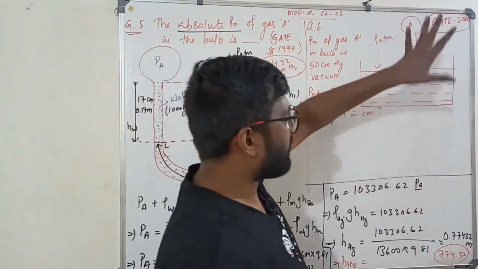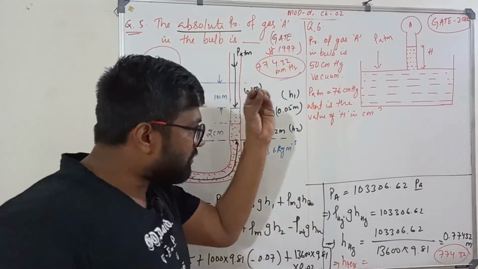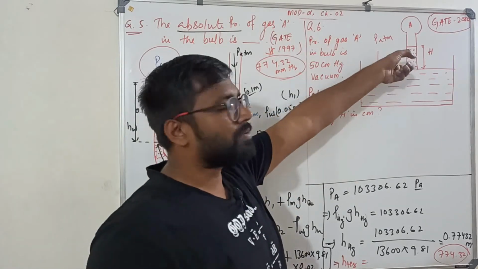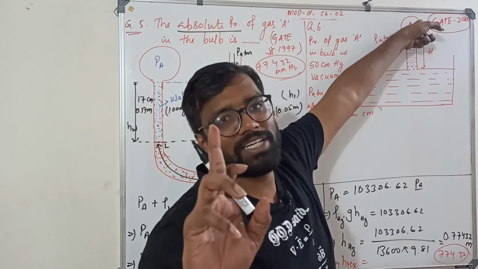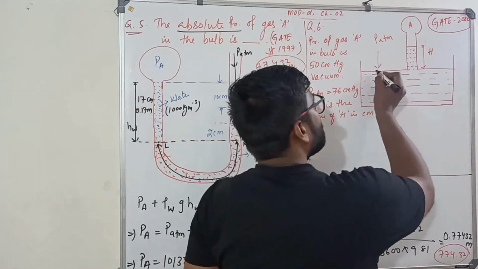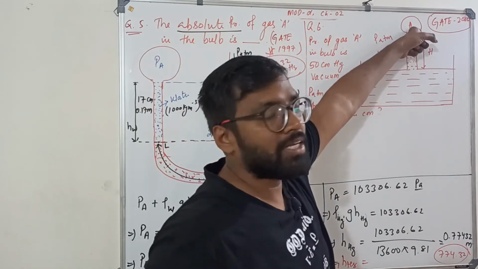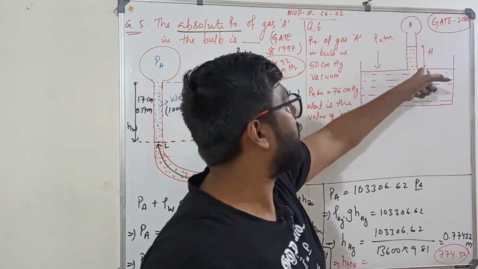Let us write the gauge equation. Without writing the gauge equation also, you can see the problem and write. See, what is your atmospheric gauge pressure? 0. Take it 0. Pressure at A is given minus 50 centimeter of Hg. We know in a vertical line the pressure is the same. So this pressure is minus 50. So what has to be this pressure equivalent to? Plus 50. Then only at the same height you will get 0 pressure.